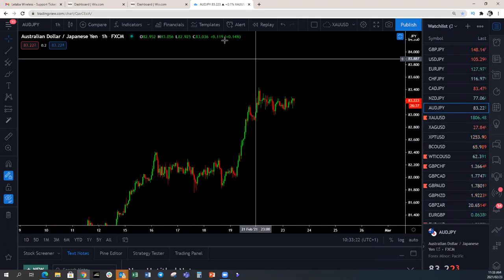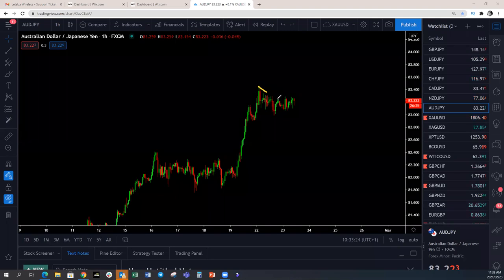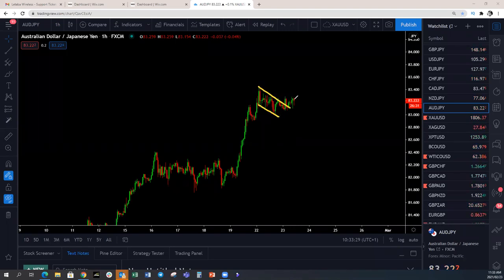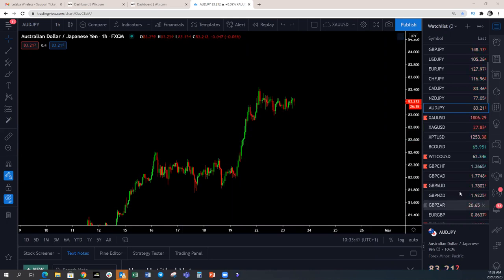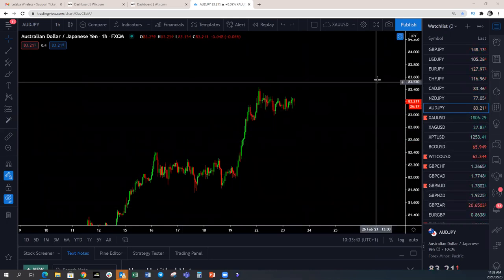Aussie yen is not so clean anymore, but we looked at this one yesterday. We were expecting this one to break above this. It has broken, but it's not looking so clean. But that is the expectation with the Aussie, with the New Zealand yen pushing up higher. We'll expect Aussie yen to follow suit as well. So let's see how that is going to play out. Okay, so let's run through all of them